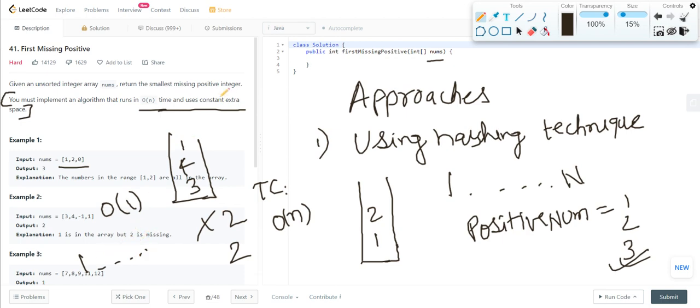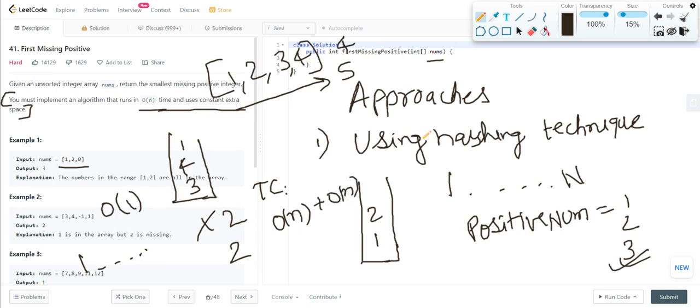But in the worst case, let's say our array size is 4 and we have been given input like this, then in the worst case it could go up to n, and then we'll just return 5. Okay, so overall time complexity for this hashing based approach would be order of n, and space complexity would be order of 1,